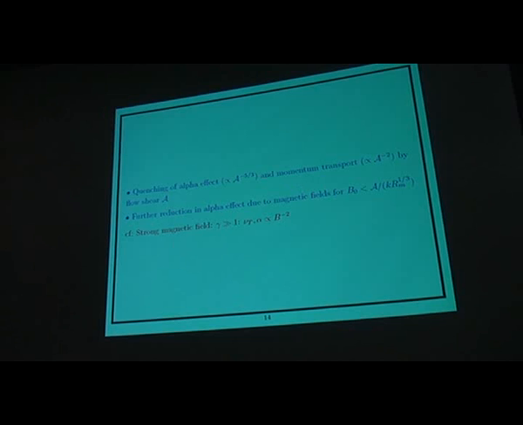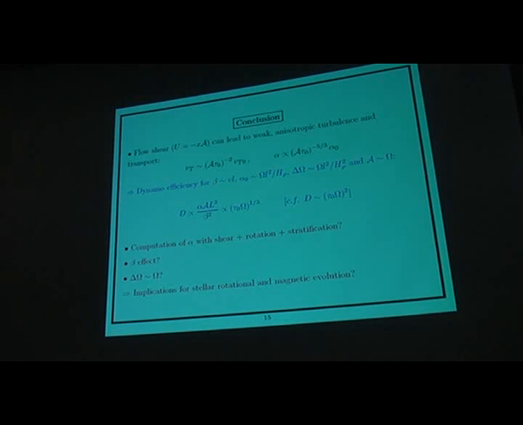You can look at other limits, where the alpha frequency is much larger than the shearing rate. In that case, you will have the dominant reduction in both turbulent momentum transport and the alpha effect due to the magnetic field. So here is the conclusion. What I have shown is that the momentum transport and alpha effect are both reduced by the strong shear flow with this factor. If you envision some renormalization process, you may just use the tau 0 here.